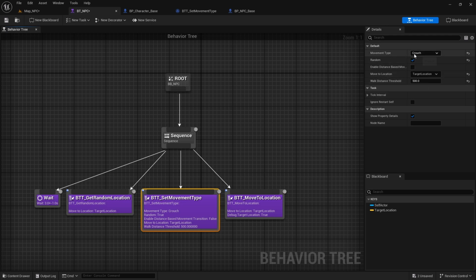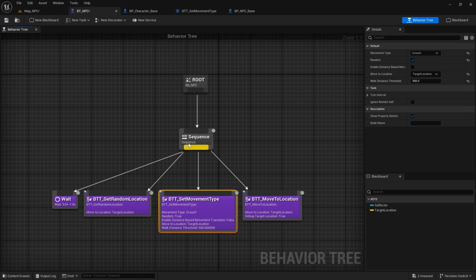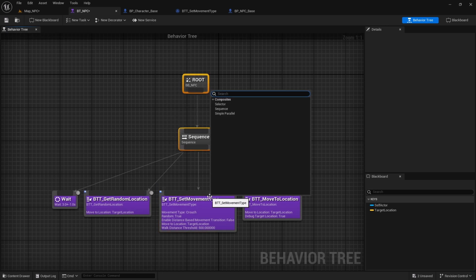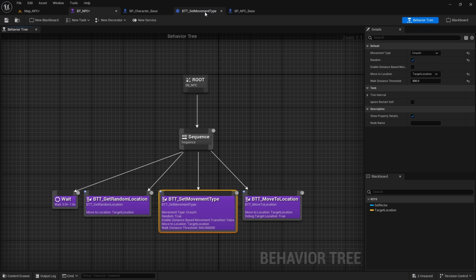And all of this stuff can be configured at our behavior tree level, right? So you don't need to go to tasks again and do the code modifications,